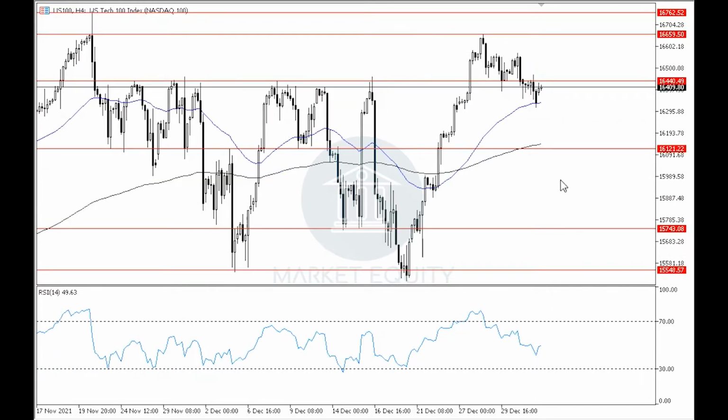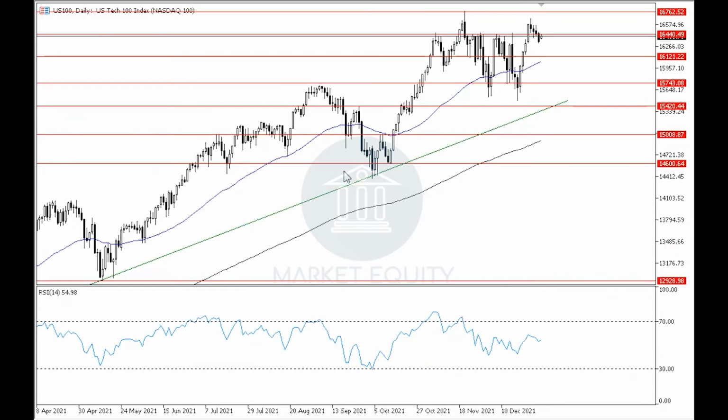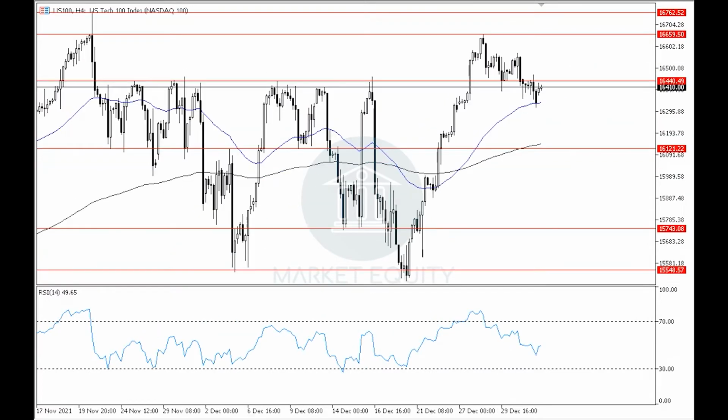In the previous videos, we said that the index has been moving in a sideways movement in the 4-hour time frame, and we said that by breaking upwards to level 16,440, it will end the sideways movement in the 4-hour time frame and will support the continuity of the overall uptrend in the daily time frame. We also said that by breaking upwards to level 16,440, the index will be targeting around level 16,660, then around level 16,760 as primary targets in the expected uptrend. Recently, we can see that the index has reached level